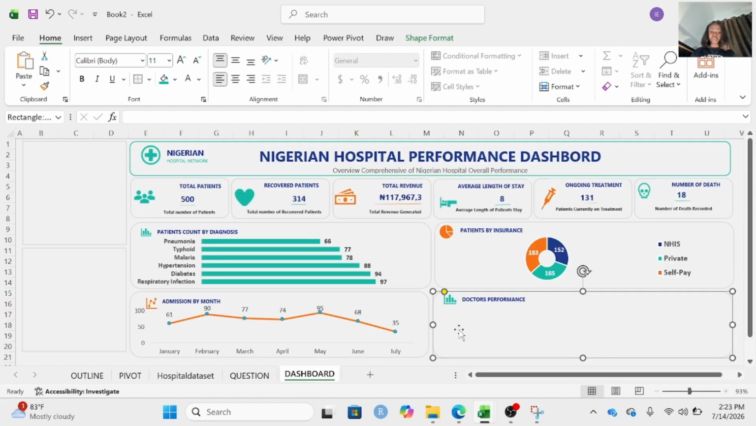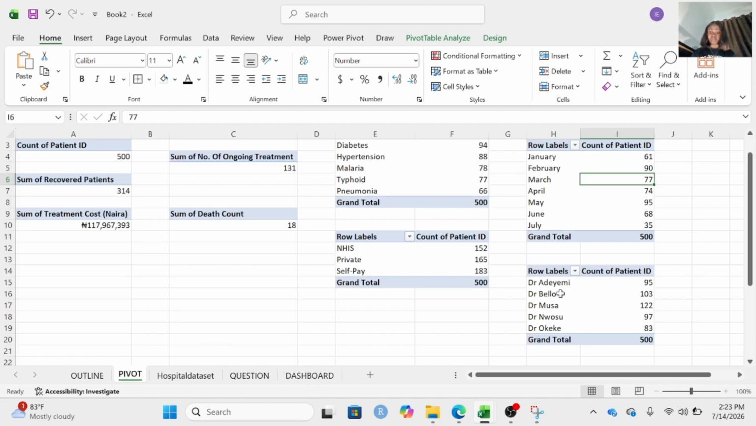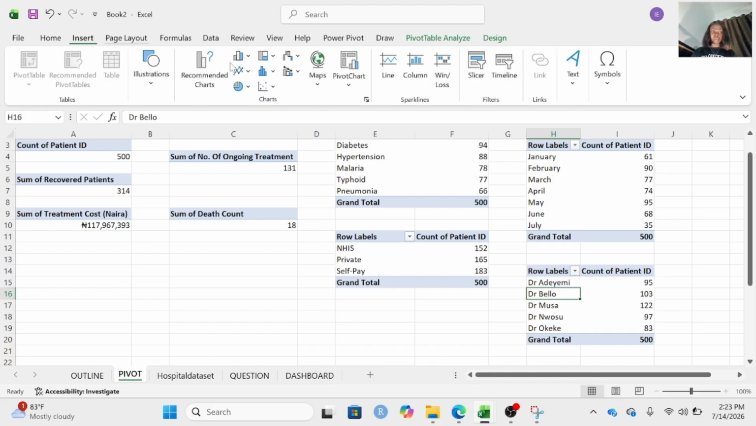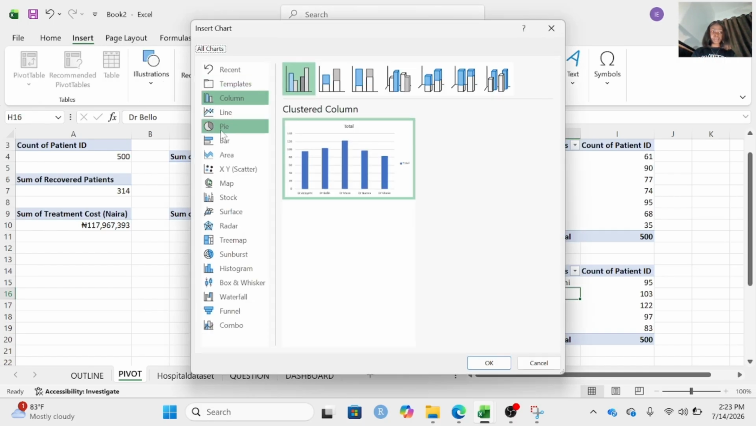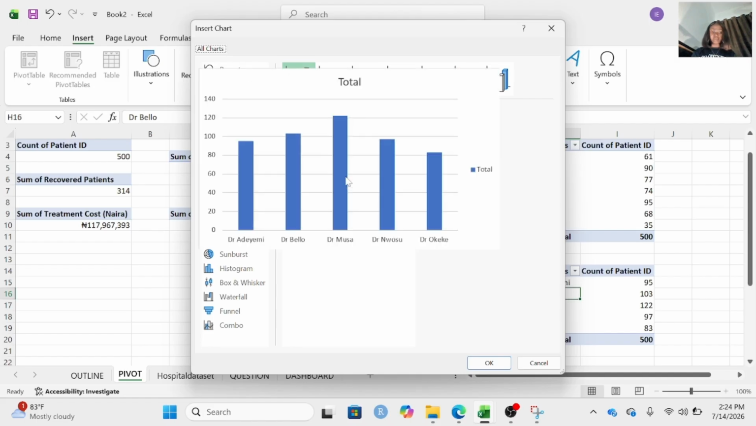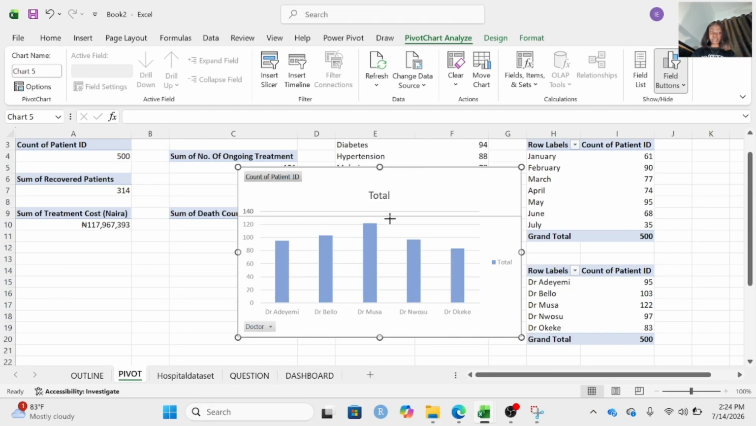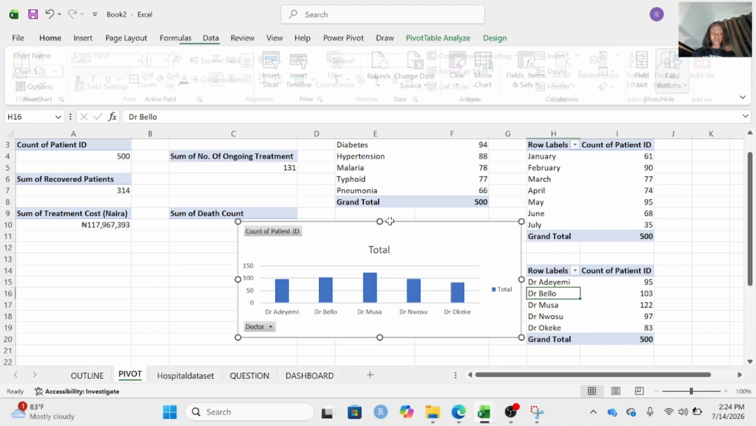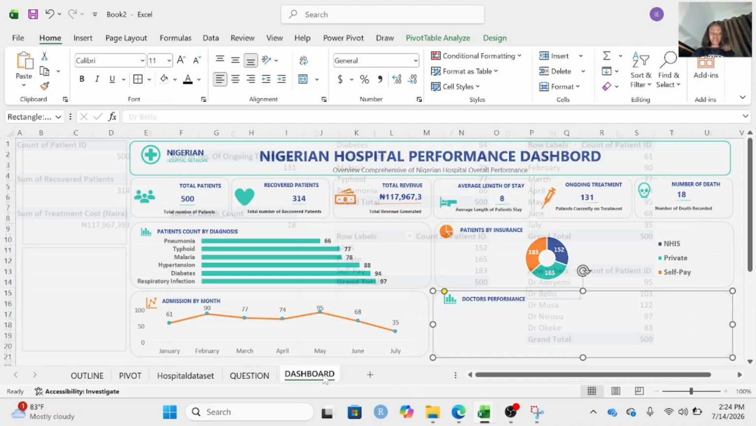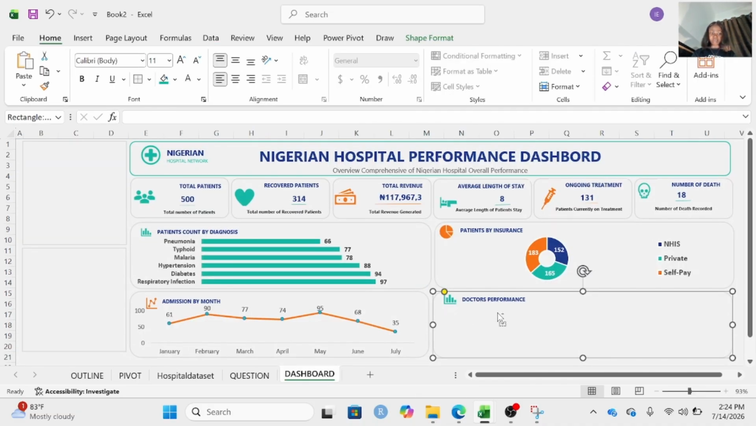The next question is what? Doctor's performance. I'm going to pivot table, click on this. So we'll be using our column chart. Okay. Then minimize it and cut. Go to your dashboard and